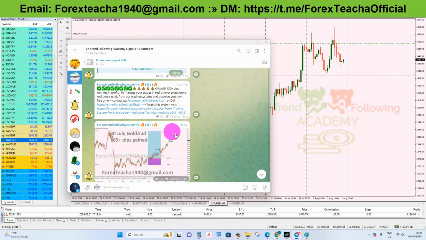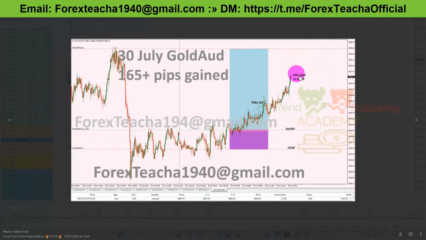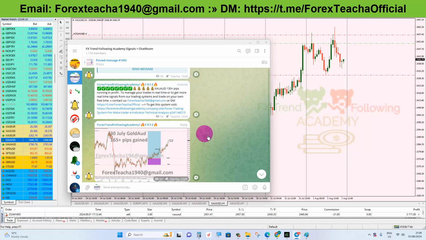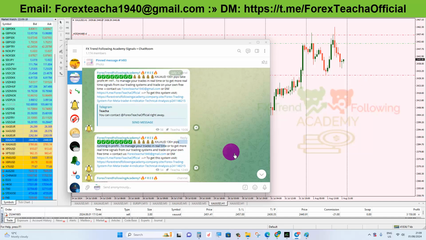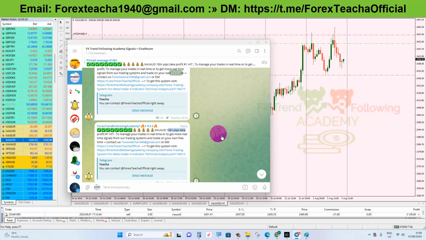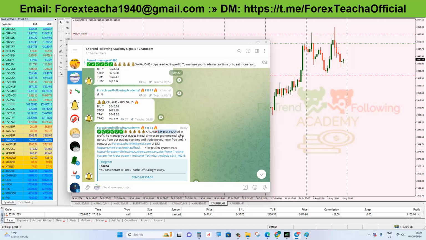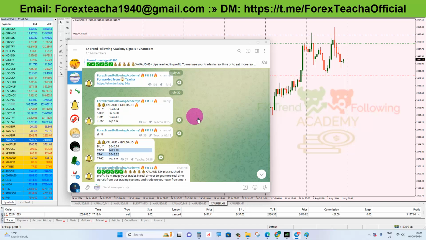So I also updated when it was running 165 pips right here. I also updated here when it was 130 pips, 100 pips. Also 63 pips, and this was the signal right here. So the stop losses, we also don't hide our stop loss. This was the stop loss right here. This was the trade. This was on 30 July. So I just wanted to show you that for transparency,